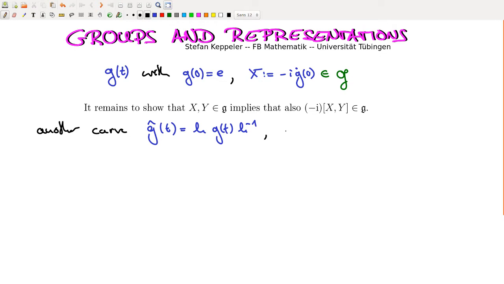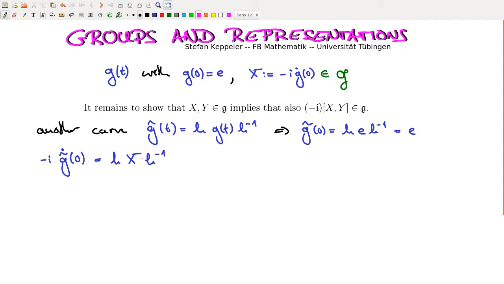Then G tilde at the identity is h times the identity times h inverse, so it's also the identity, which lets us consider the derivative at 0, maybe with a minus i. The only t dependence is here, so we get the derivative of this at 0, which is just the X. So we get the X conjugated with h,